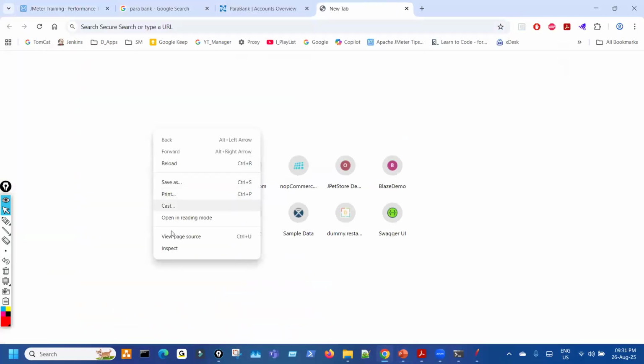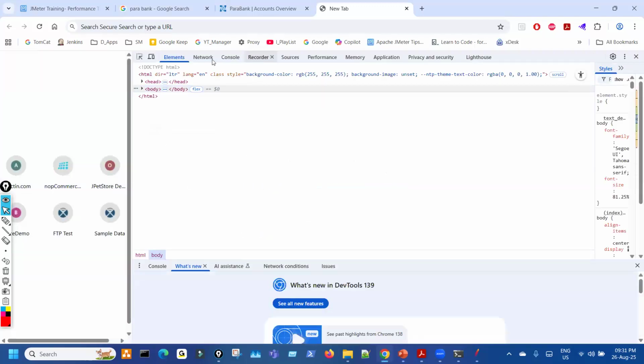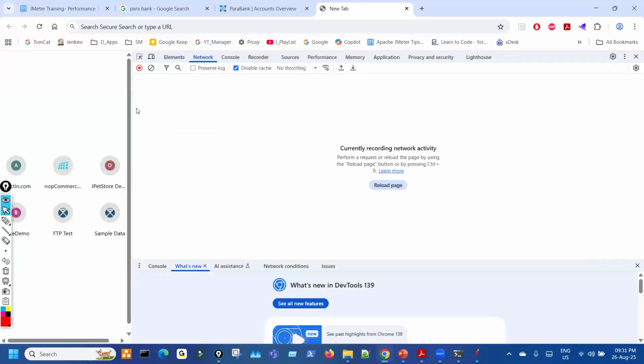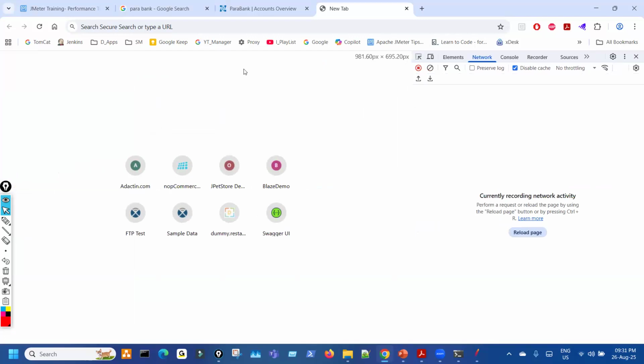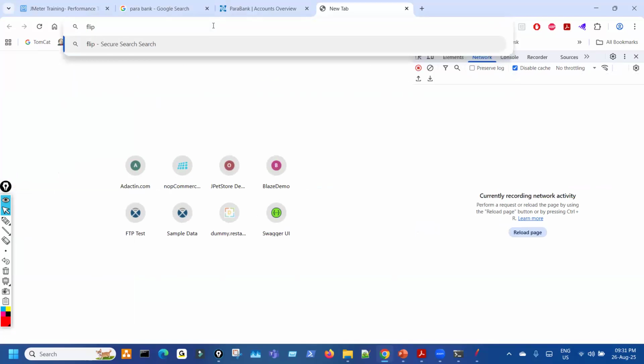So it's like understanding what happens at the backend level. So this tab is called the F12 Developer Tool. Okay, Dev tool. It's there in every browser. So when we go to any website, suppose Flipkart,